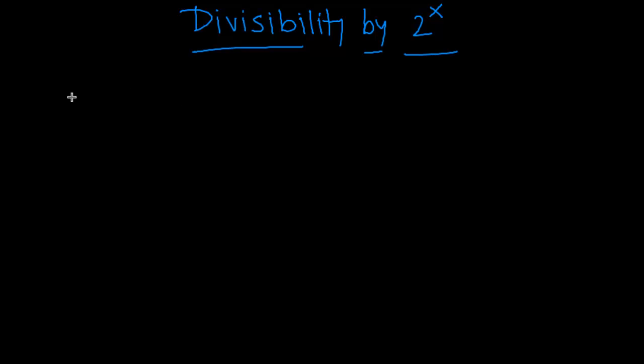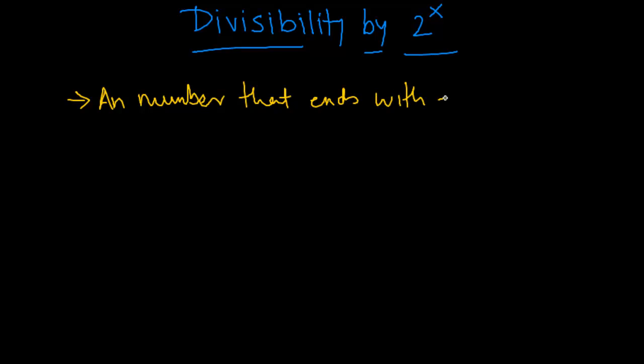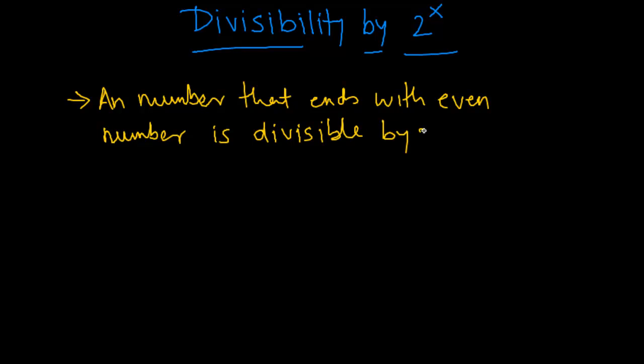Any number that ends with an even number is divisible by 2. So basically any even number would be divisible by 2. So for example, if the given number is 14, you can simply look at this units place and say that